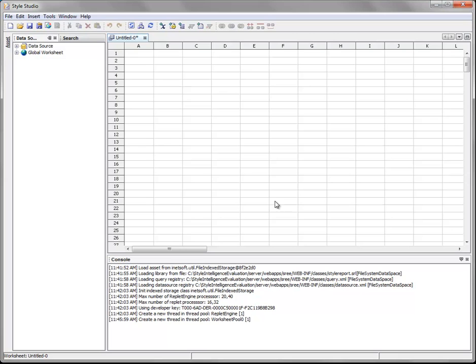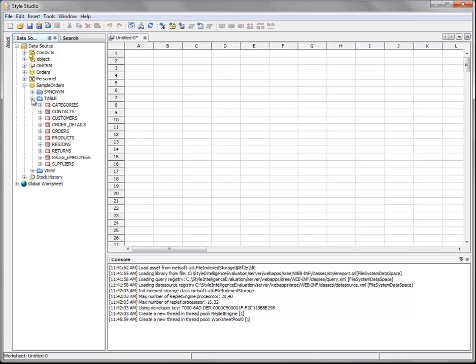Now, what we're going to do is expand the data source node on the left and then find the sample data source that we created. Remember from a few moments ago, we created a connection to our sample relational database, and we called that data source, that connection, sample orders. So here it is in the list. Expand that. And then in there, expand the table folder,